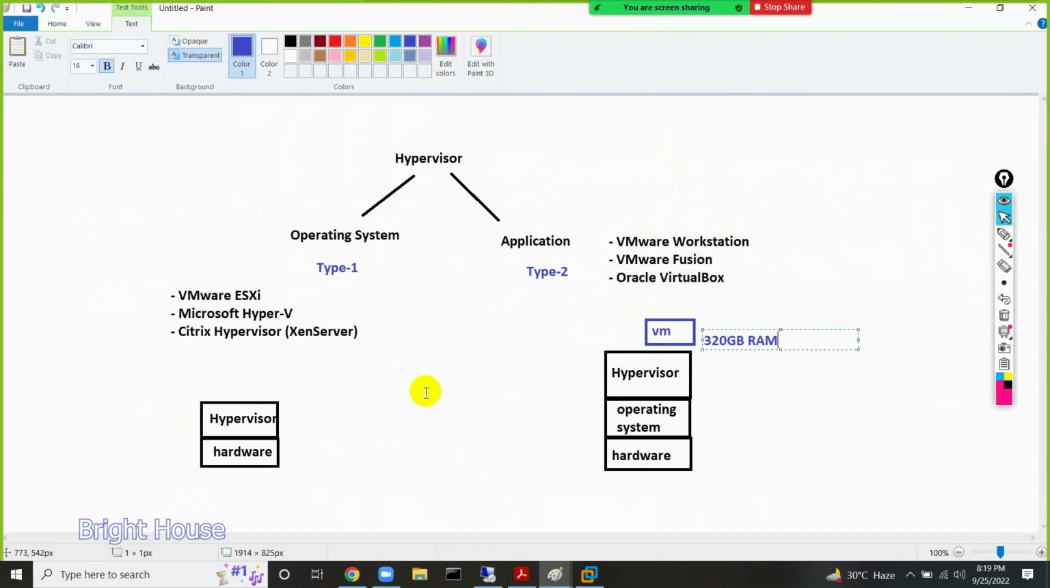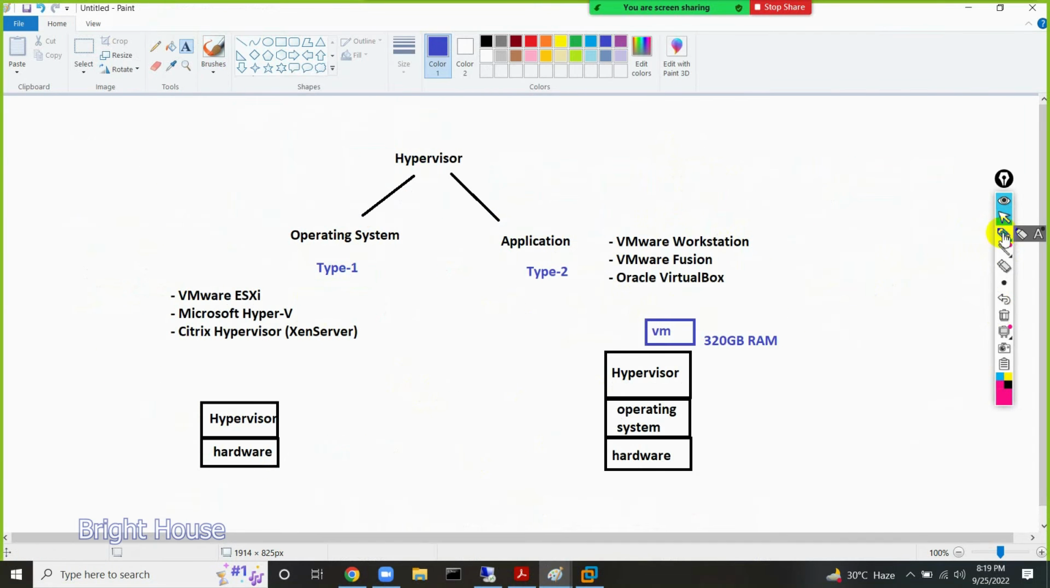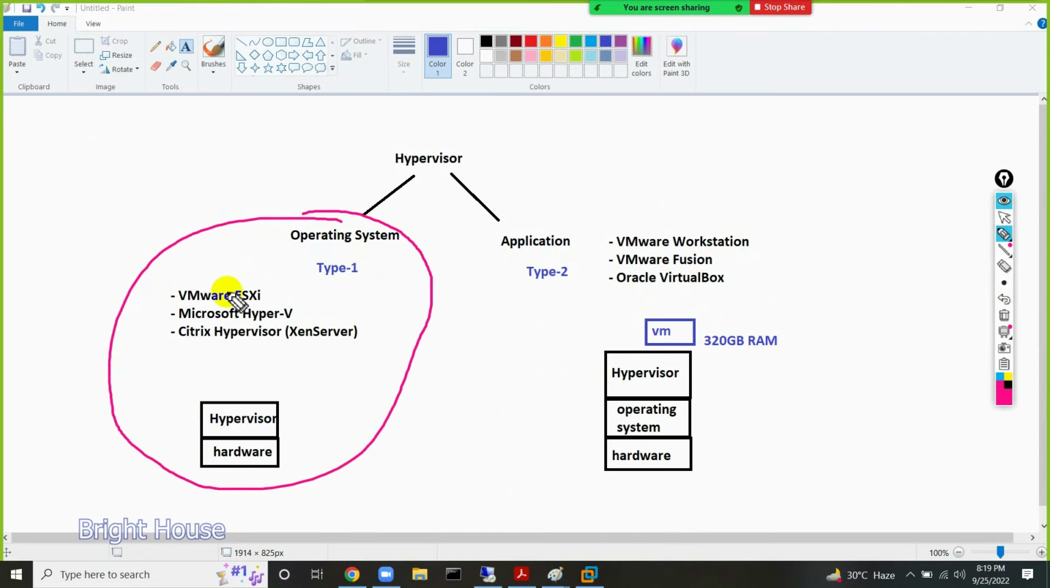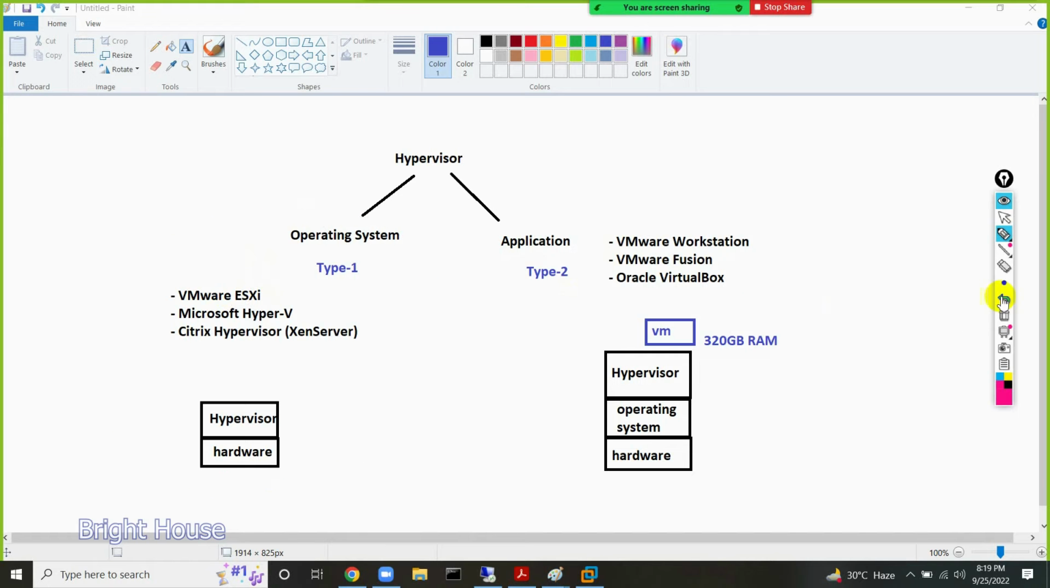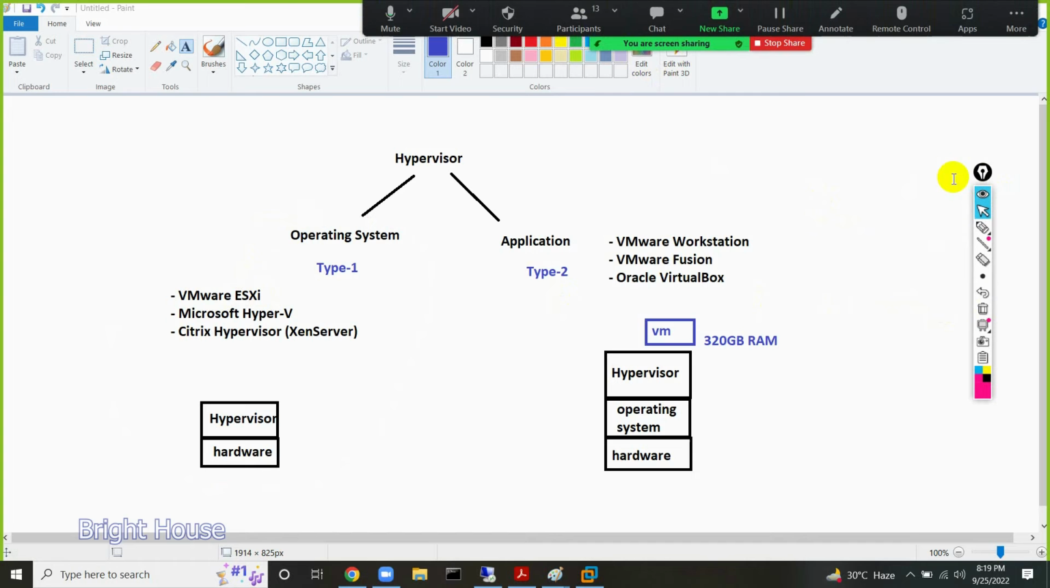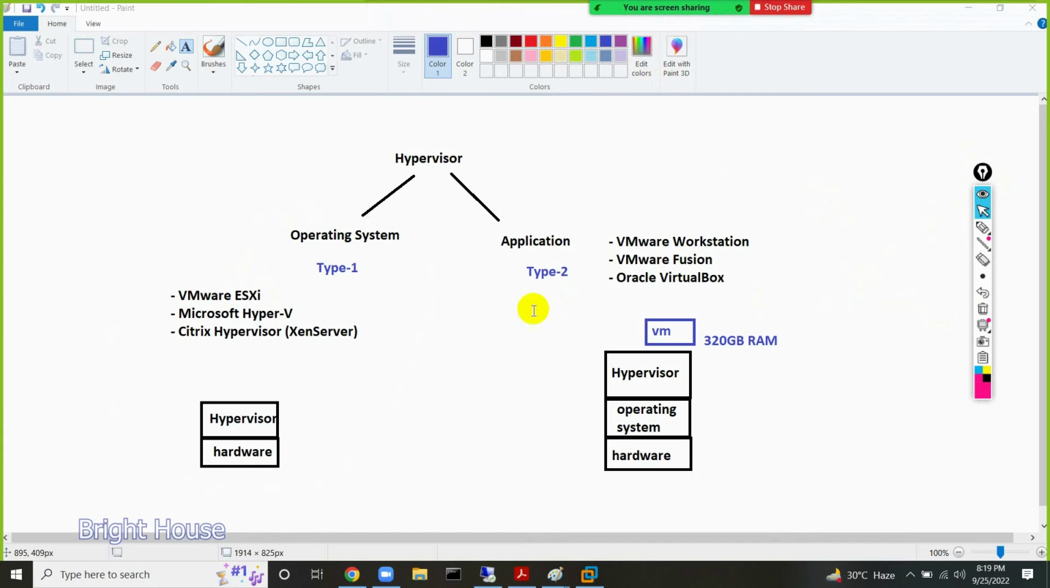So which hypervisor is used in production? The type 1 hypervisor. That's the reason, because in a production environment we need such features. So I hope you got my point, right? Now we are going to do the practical lab on how we can install the ESXi hypervisor on the hardware. First of all, you need to learn